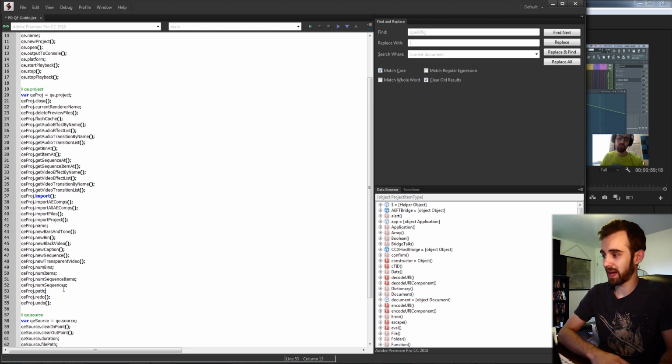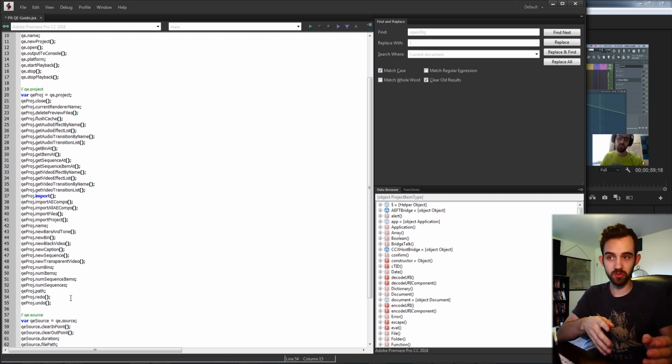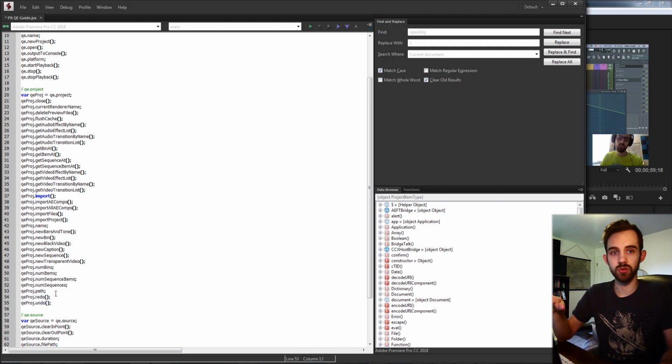And then you can also get the path to your project, and the last two here you can redo and undo. Now I haven't actually tested these very much, but I have tried to create my own sort of undo groups before, and it is somewhat possible, but there are some undos that don't undo enough steps, so there are some complexities and little things to it, but this actually does work slightly.